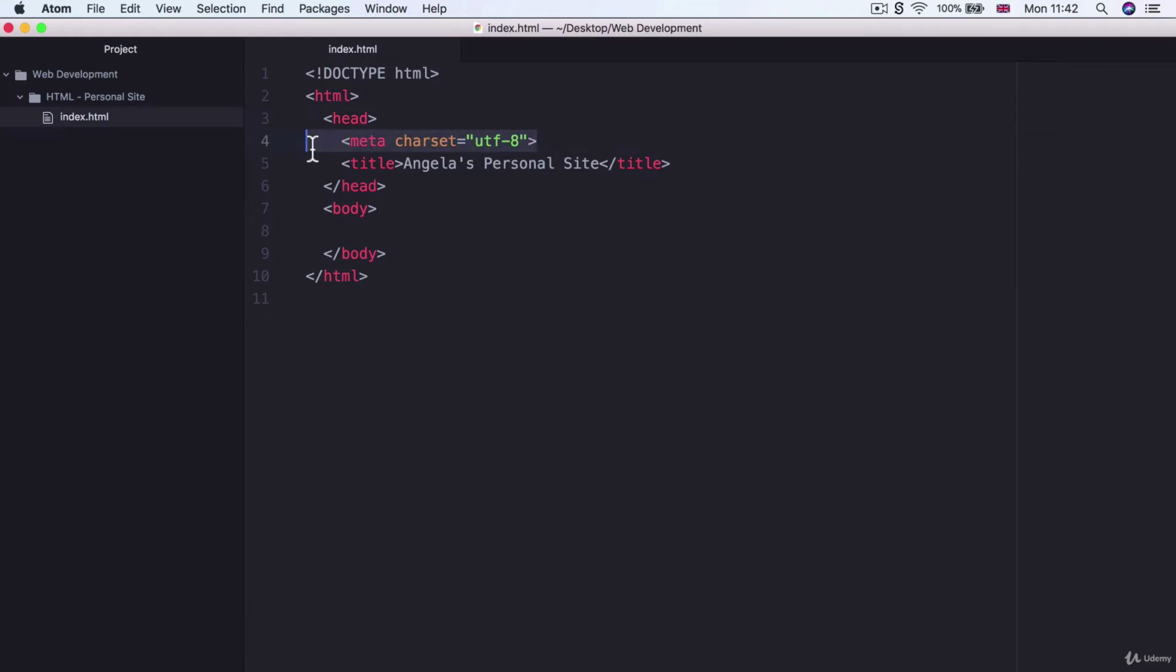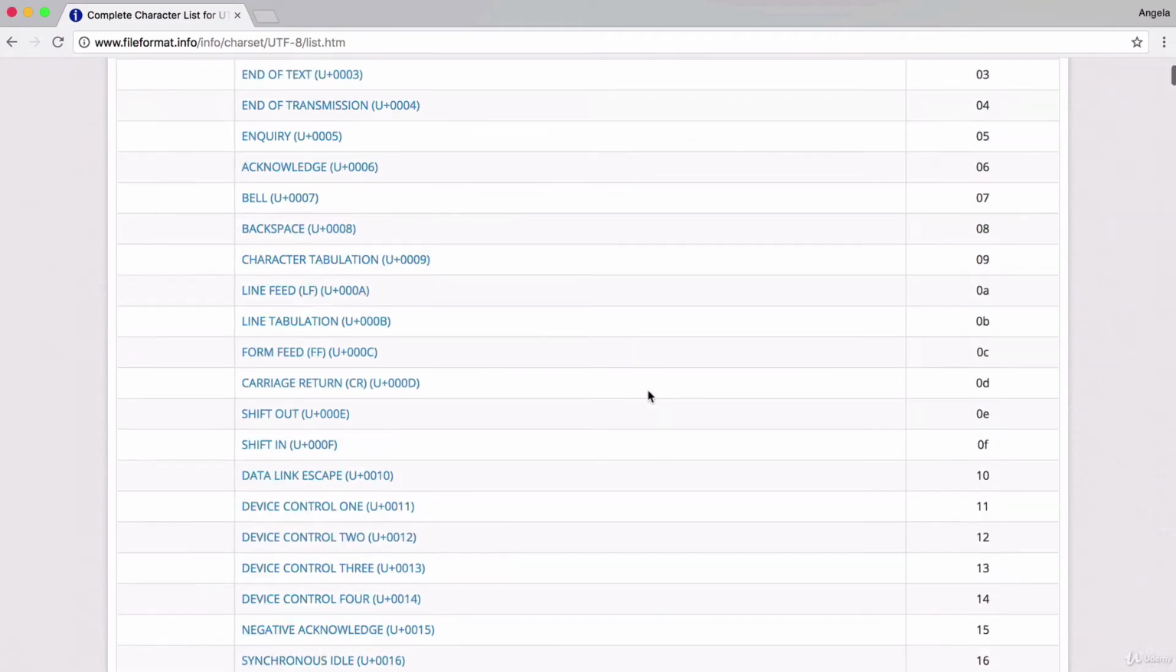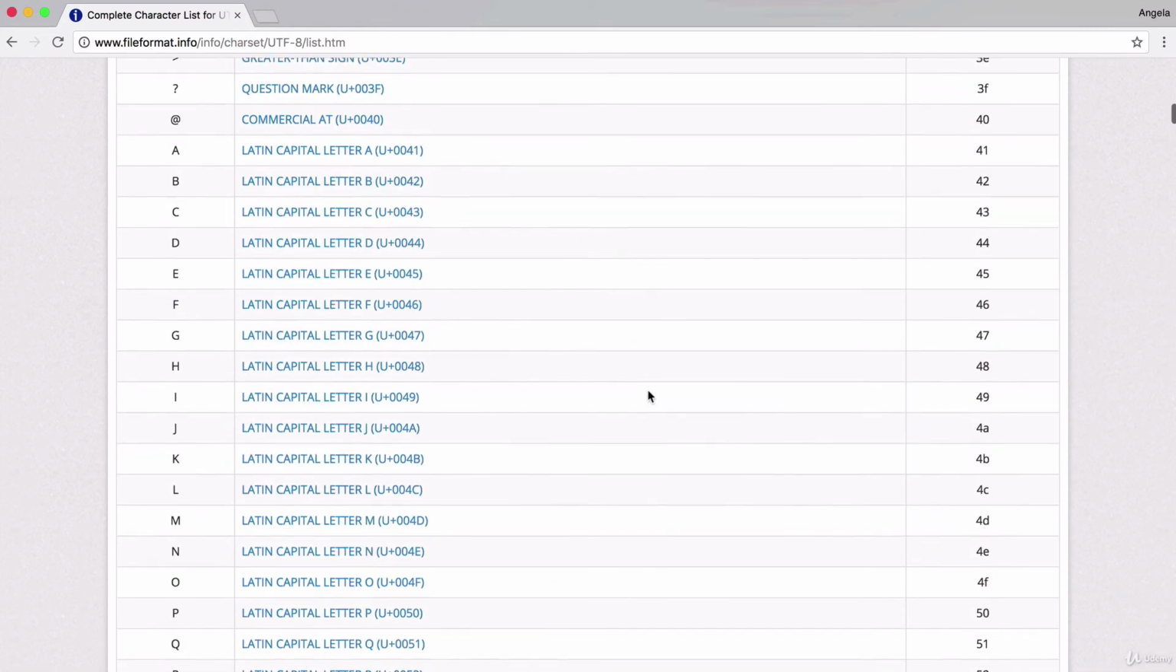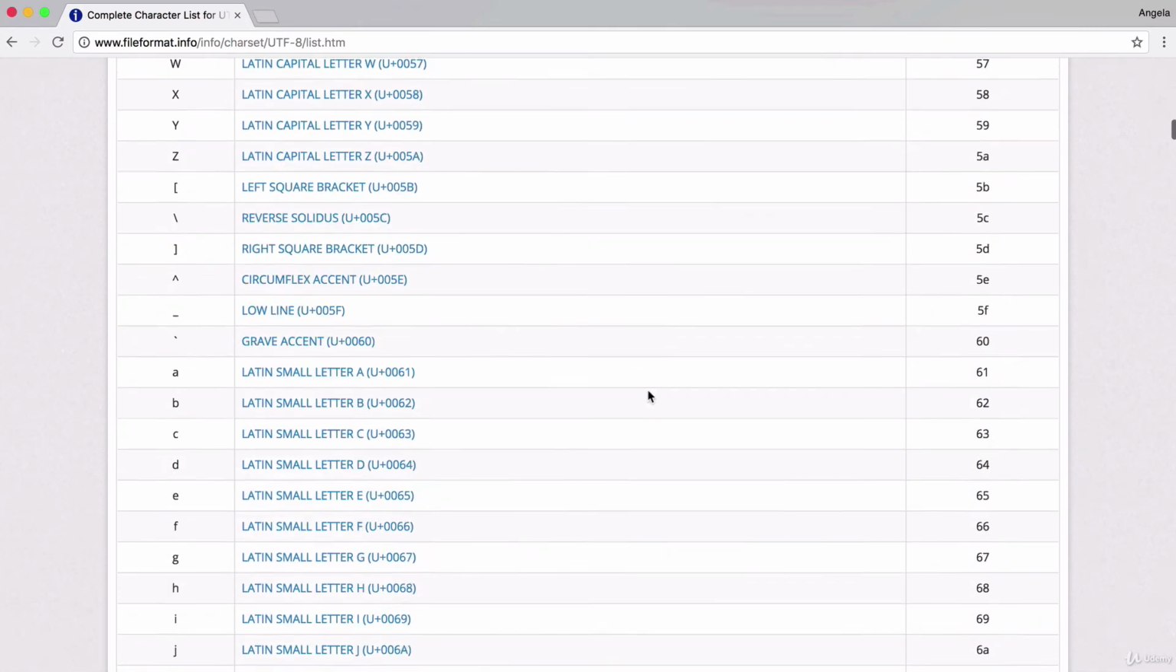Now, what does this line do? The meta elements give extra metadata or associated data to your HTML document. And in this case, we're telling the browser when it opens up this file that all the text inside our web page is encoded using the UTF-8 encoding system. So this is basically a list of all the available characters that we can use inside our website for it